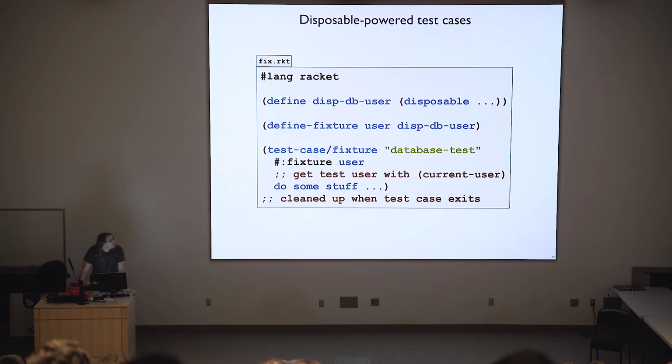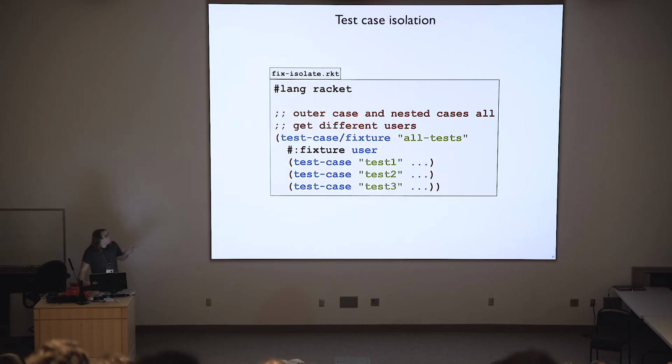Now, on its own, this isn't really much better than just wrapping it with disposable, but fixtures will do it once for each test in a set of nested tests. So instead of having to manually declare that each test here uses the user fixture, I just wrap them all in a super test and then declare it once, and the boilerplate is gone. So now there will be 4 users created here, 1 for the outer test, and then 1 for each of